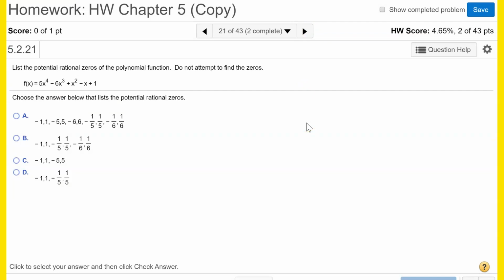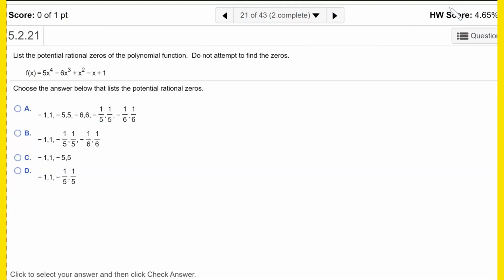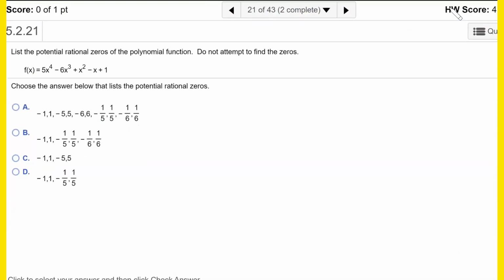Okay, this next problem uses a concept called the rational root theorem. The rational root theorem says that for any polynomial, the possible rational roots, rational meaning it can be written as a fraction, like not irrational, like pi or something, are always going to be of the form,